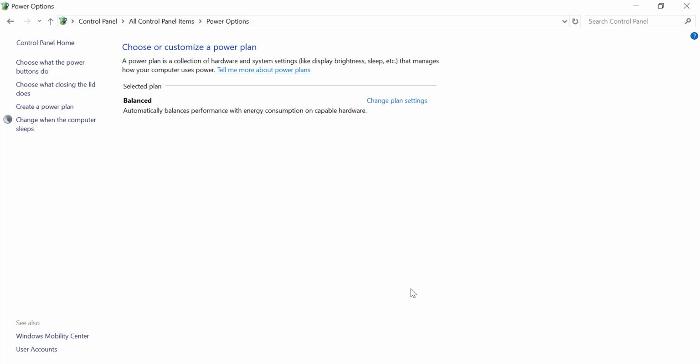So, by enabling Fast Startup, you can give your computer a significant boost in startup speed without needing any extra